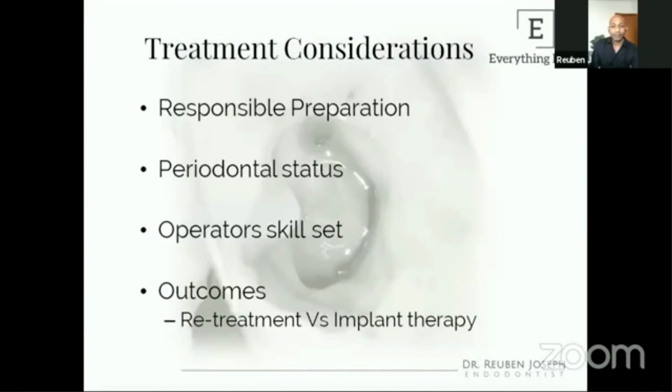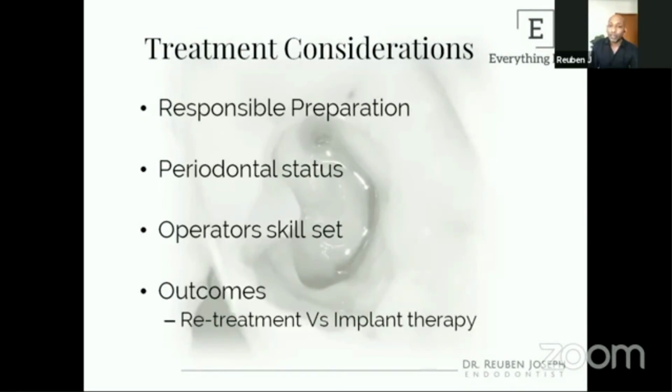And that's about it. So we pretty much come to the end of the lecture. And so if you want me to sum up everything that I would look at in someone who treats a C-shaped canal, I would call it responsible preparation. Not too much, not too less, just about enough to make sure the tooth stays asymptomatic with no periapical pathology at all in the long run.